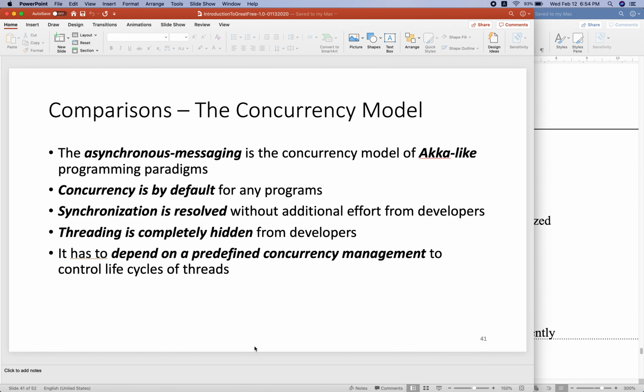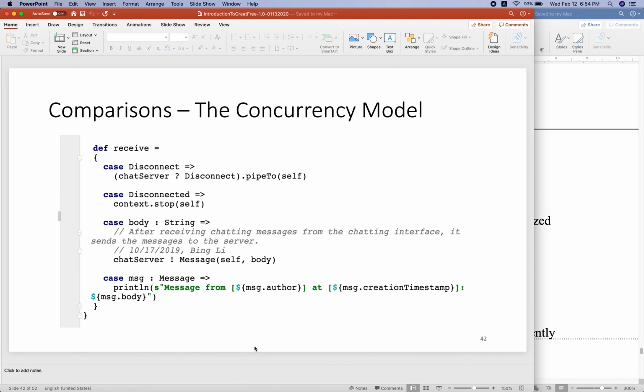So I think for most programmers, this approach must be good, right? You can see this code. This is the Akka code. You can regard this code as server side. Some messages are received. The first one is disconnect. Maybe when this disconnect message is received, something will be performed. Disconnect something, right? Maybe the server is disconnected.